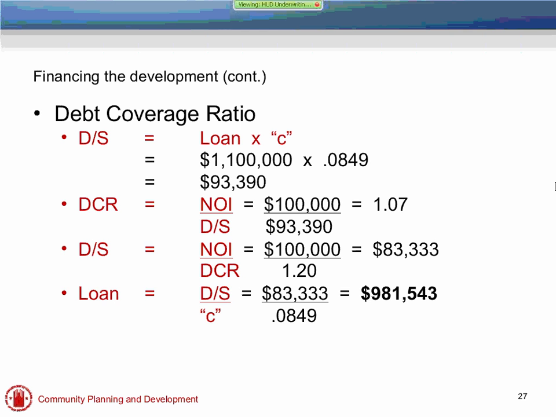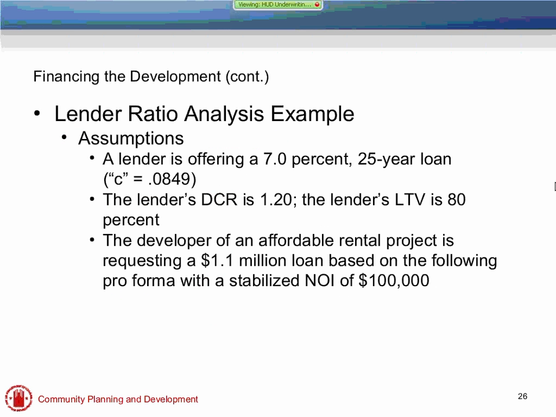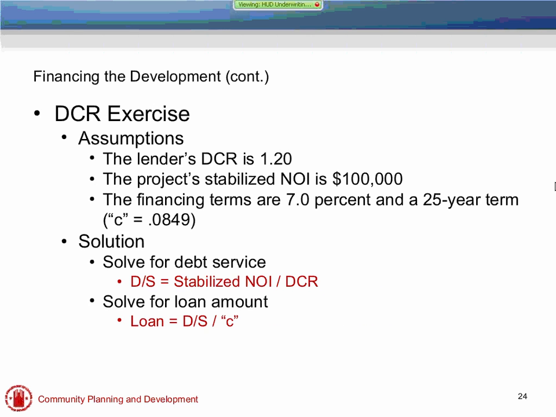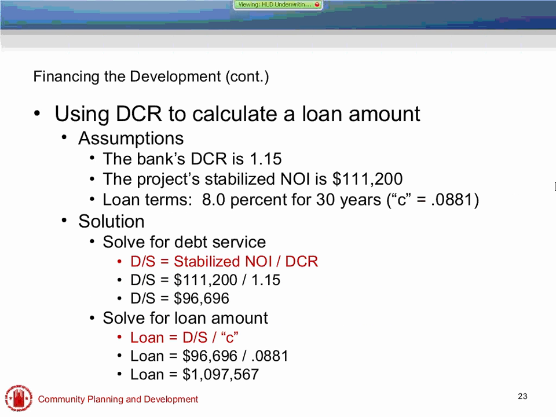So just a quick reminder here for our debt coverage ratio, calculating the loan amount. Again, what we're doing here is looking at different examples of ways that you can switch around the calculations to get the number that you're looking for. So if your debt coverage ratio required by the lender is 1.15,